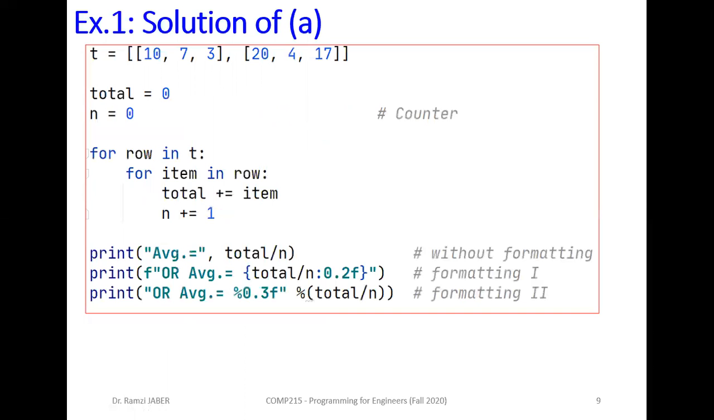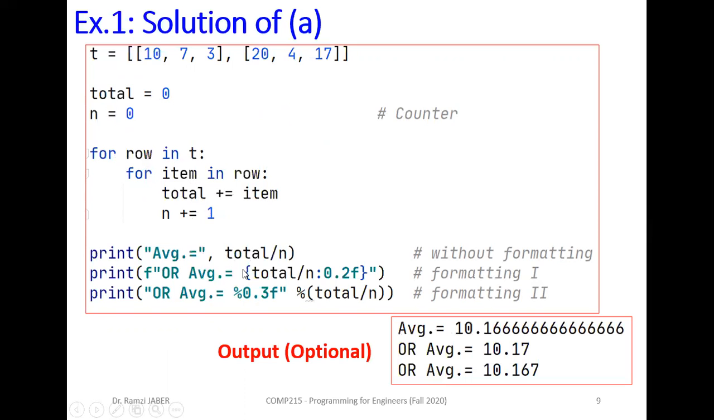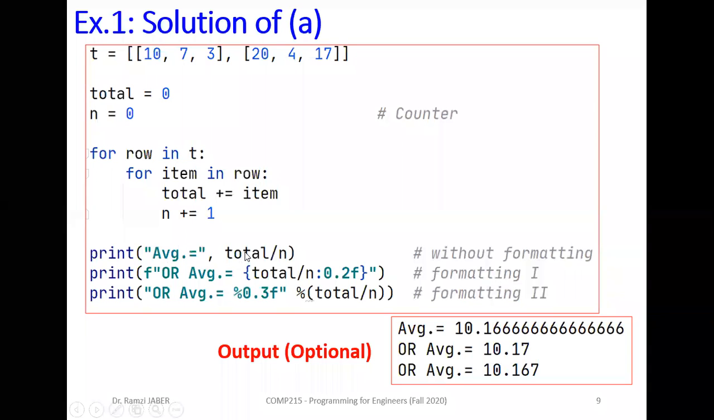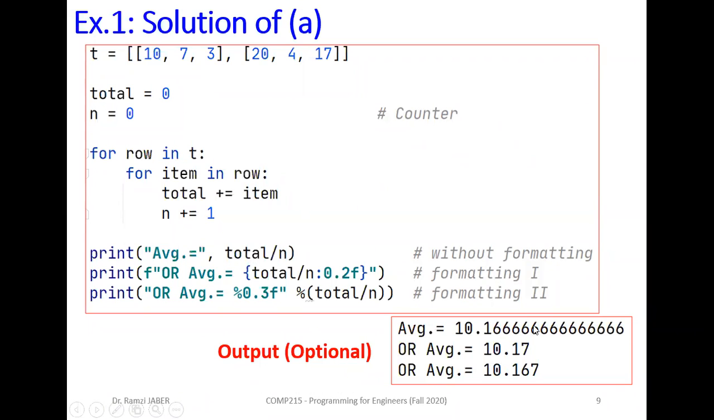So using PyCharm, this is the code in PyCharm: T, total 0 and n 0, for row in T, for item in row, the same, n equal to. We have here 3 different outputs for the same average. It's optional here. We write print between parentheses, between quotation, average equal, comma, the variable, and it will give us